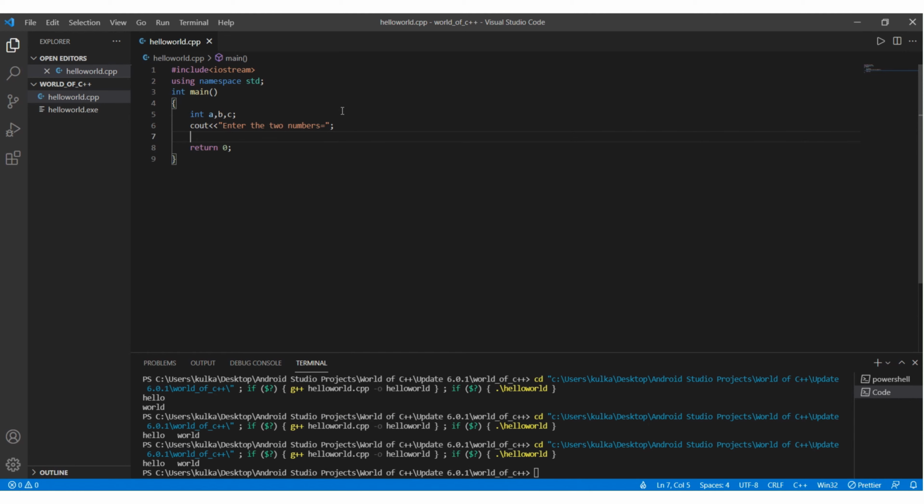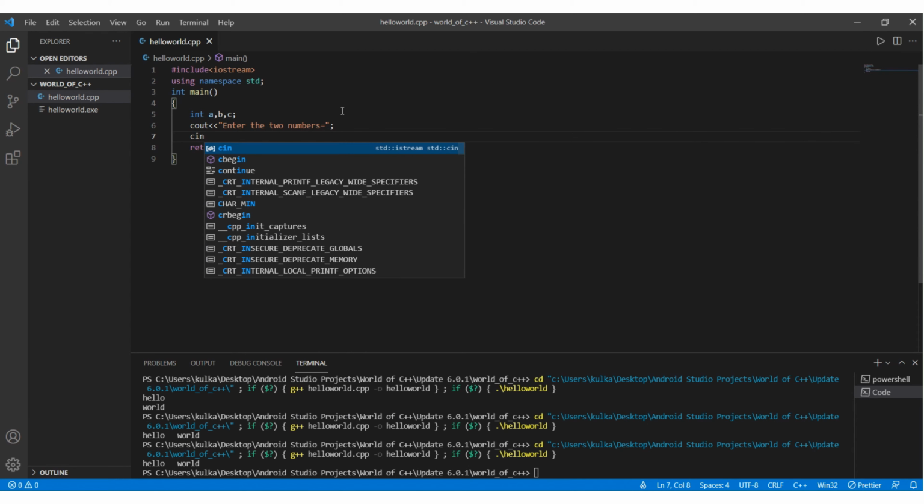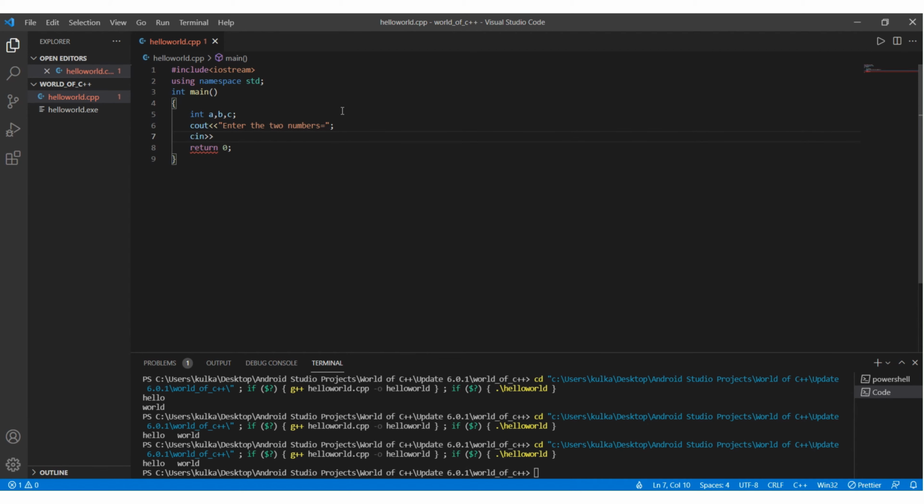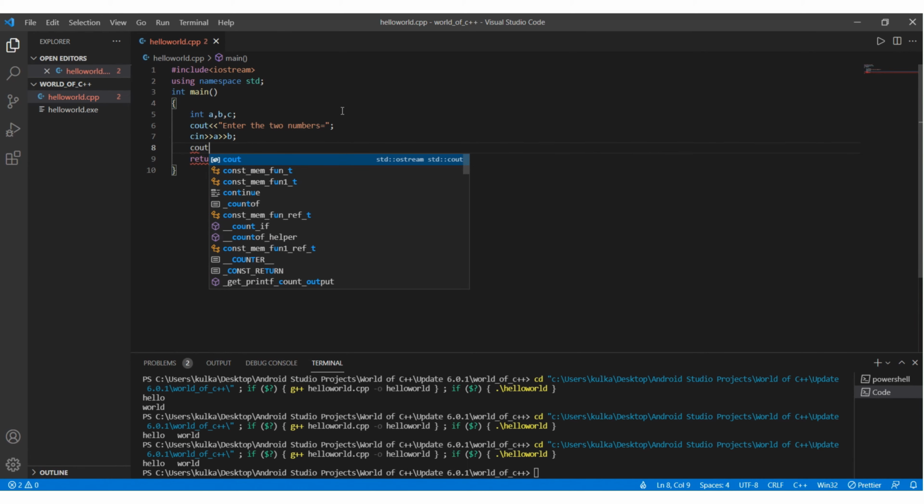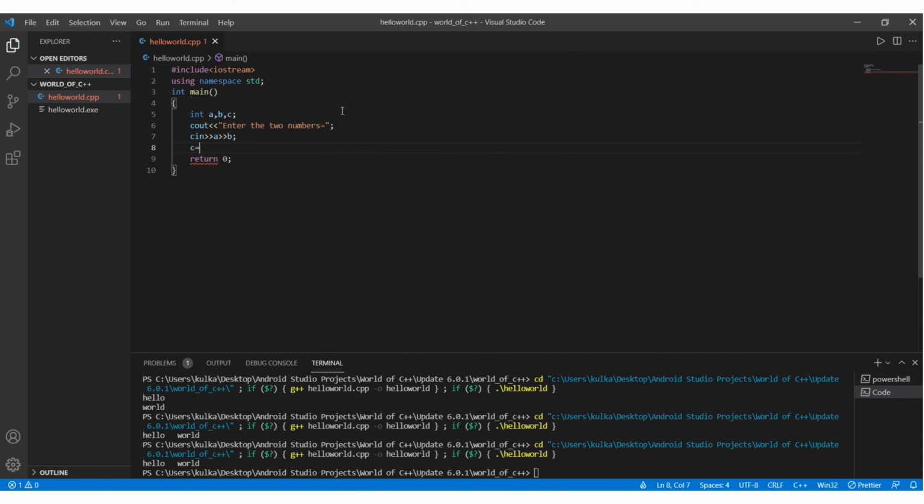Then cin. cin is also an object of the class iostream and it is used to get the input from the user. We want two numbers from the user, so for that, I will take a, b, then cout. c equals a plus b and cout c.